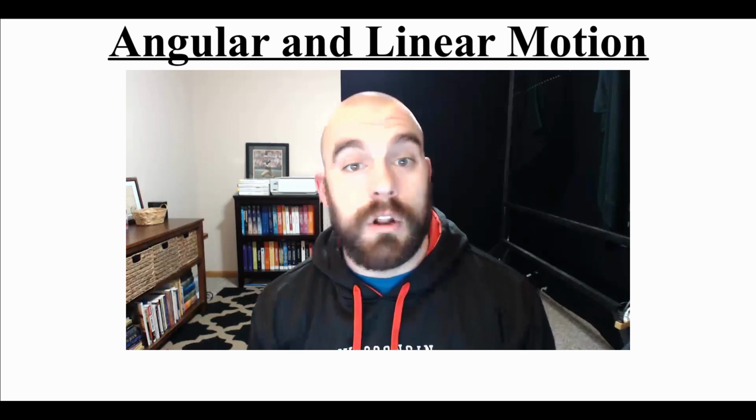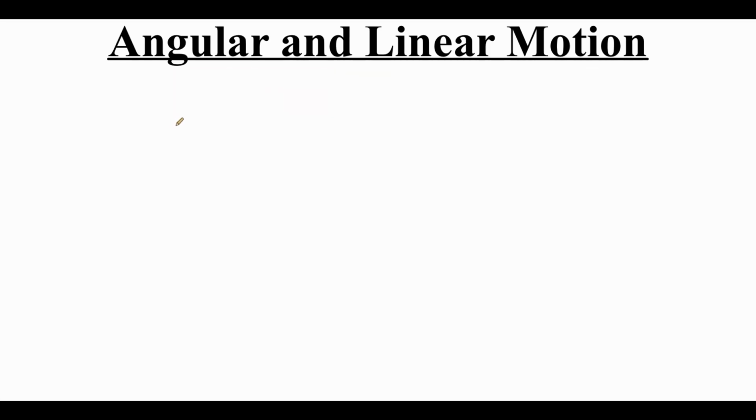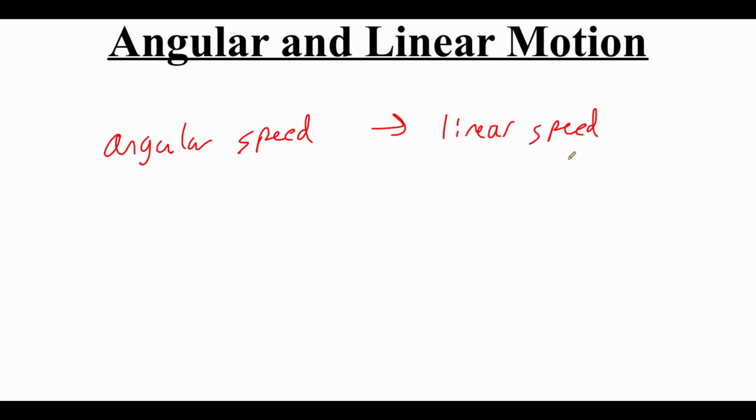In this video, we're going to look at angular and linear motion. Now, sometimes in applications, it's important to be able to connect angular speed, which is usually measured in something like revolutions per minute or rotations per second, but we want to take this angular speed and relate that to linear speed. And linear speed is usually measured in something like miles per hour or meters per second. So we need to take what we know about angular measure and arc length and relate that to